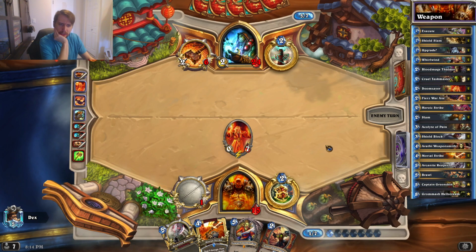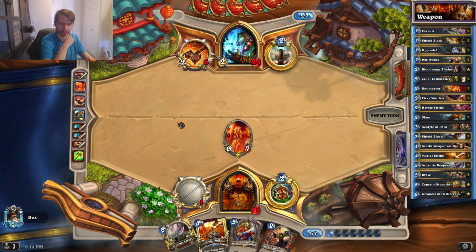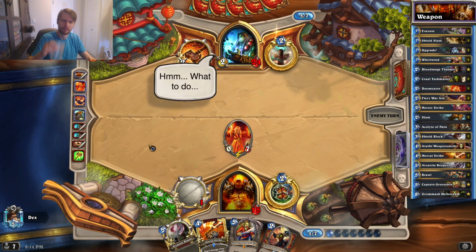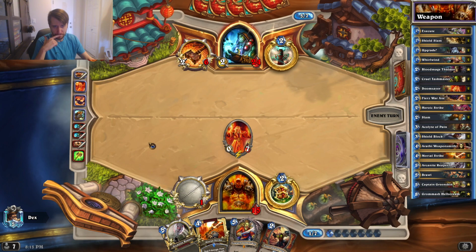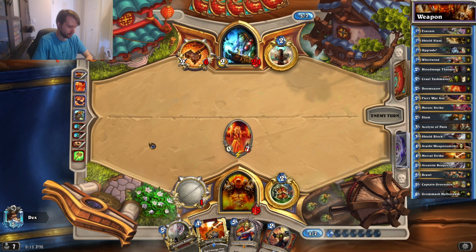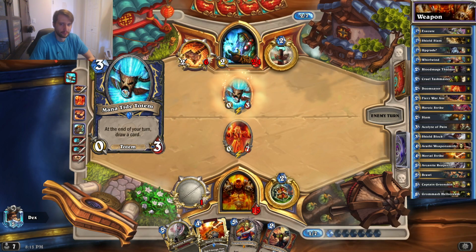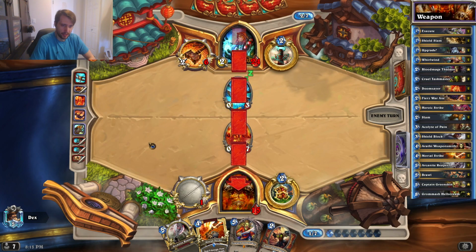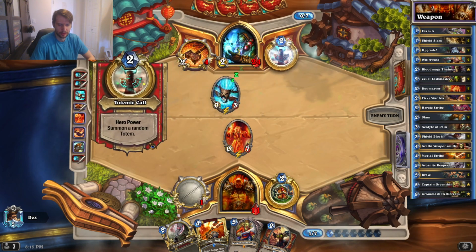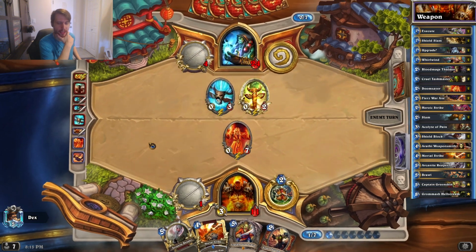The other rock biter's a big issue, and then any spells he's got to burst us down. I've already used both shield blocks, so yeah, gonna be real tough to survive against this. Oh, interesting. Okay. So he'll just get the draw. Now we might be in the business of hero powering here. I think we are, but I'm...